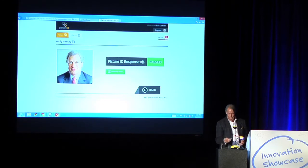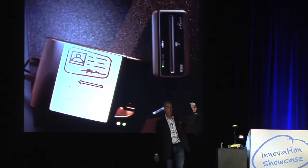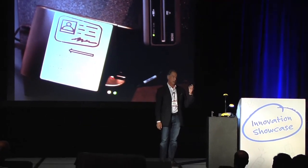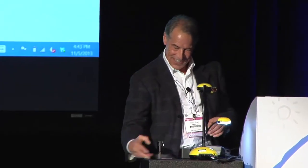However, as you can see, that picture that got returned from the state of New York doesn't look anything at all like the picture that was on the ID that was presented to the bank employee. It's very intuitive. It's easy for a teller or anybody else to see that this was fraud and stop the transaction dead in its tracks. That concludes our ability